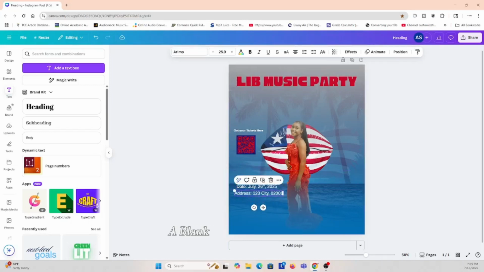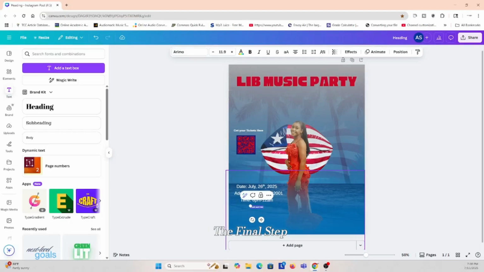We started with a blank page and in a matter of minutes have designed a professional, eye-catching party flyer from scratch. We established a mood with a custom background, used a powerful central image, created a dynamic title with text effects and layering, and polished it with graphic elements that unify the design. This process demonstrates that you don't need to be a design expert to create professional quality visuals. With a clear vision and an accessible tool like Canva, you have the ability to create stunning designs for any